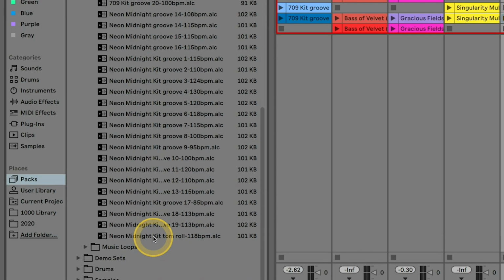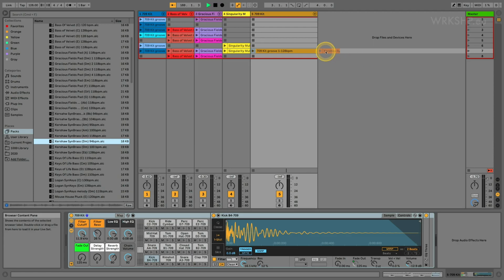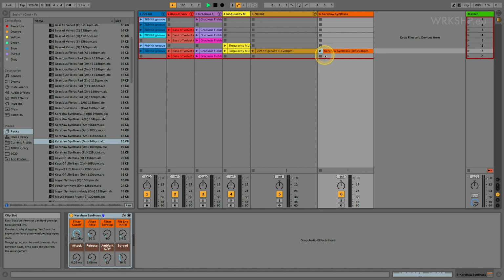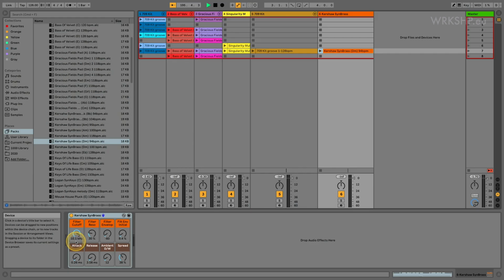So the same for the music loops. If we come over here and take one of these. Okay, this is very cheesy. Don't worry. I mean, it's quite cheesy, but this is very cheesy. This particular one I pulled out, and you can see it's picked out an instrument here. It's grouped and you cannot open it. So that means it's probably using some devices from Ableton Live Standard or Suite, because as always, I'm using Ableton Live Intro to make sure everybody can follow.